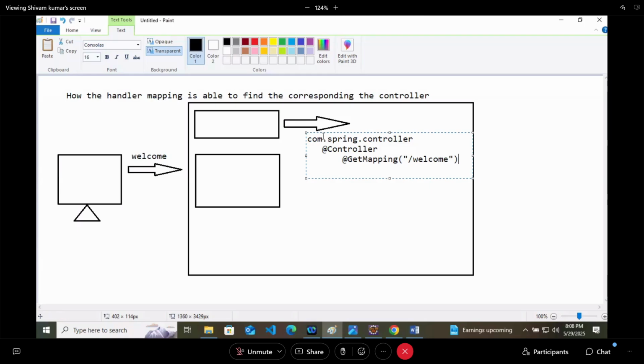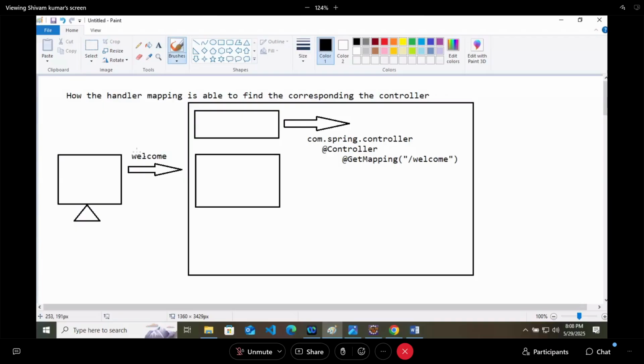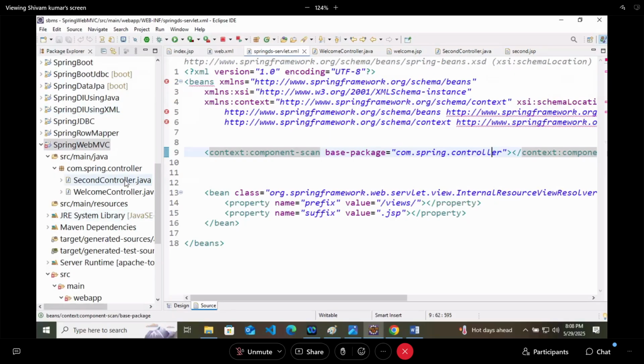So like this, it is finding all the controllers. Now understood? Okay, sure. So that is how your Spring Web MVC actually works.